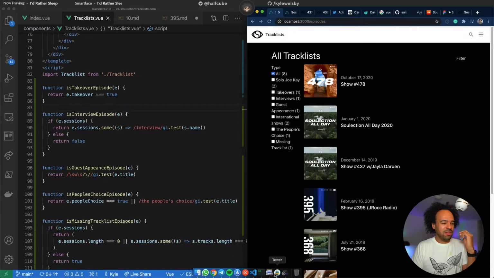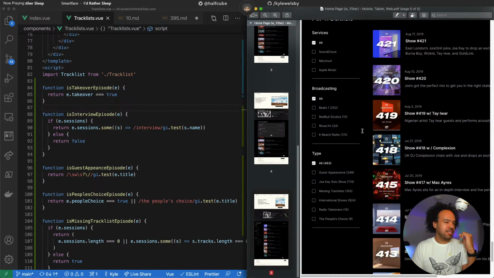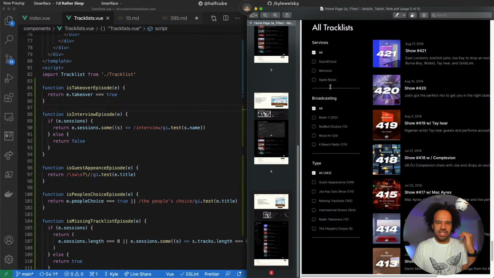I'm also going to have a look at some of these other ones. Seems I'm in this flow of going through these filters, I may as well add some of these in. So services is an easy, good one.